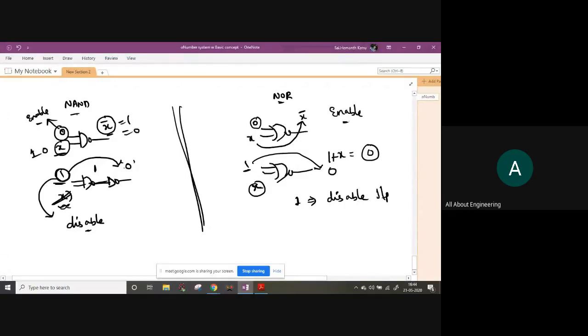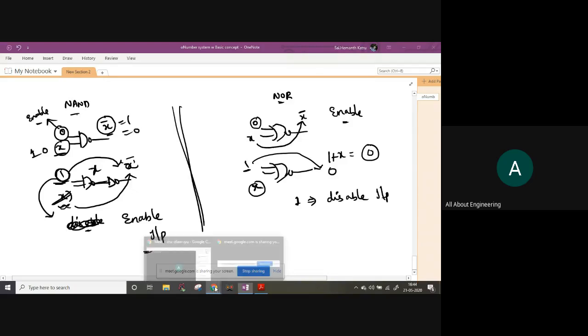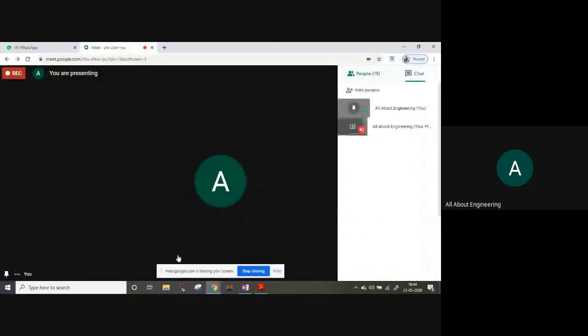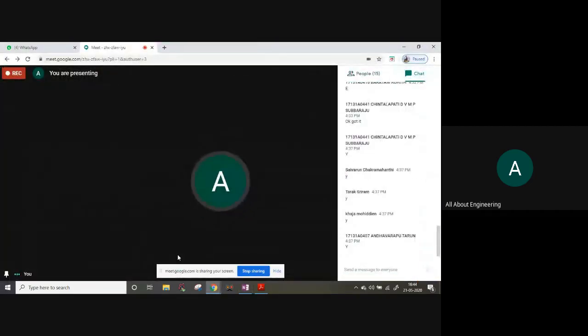Now let's get back to this NAND gate. 1 into x is x. Complement of that will be x bar. So if one input is 1, then the output is getting accessed with the other input. Hence 1 is called as not disable, enable input for NAND gate. Sorry for that mistake. I was a little bit confused with the operation, but now I corrected that. You can check this. No one pointed out my mistake. What I should think, whether you guys are active or not.